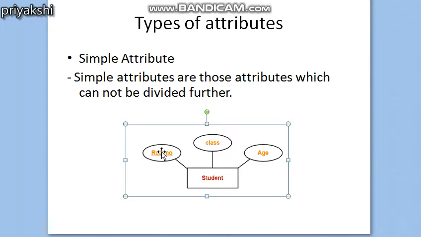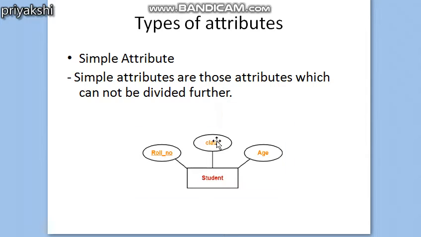If a student's roll number is 1, we cannot divide it further. Suppose the class is BSc 3rd semester or BCA 3rd semester, we cannot subdivide it. The age also cannot be divided into smaller subparts.